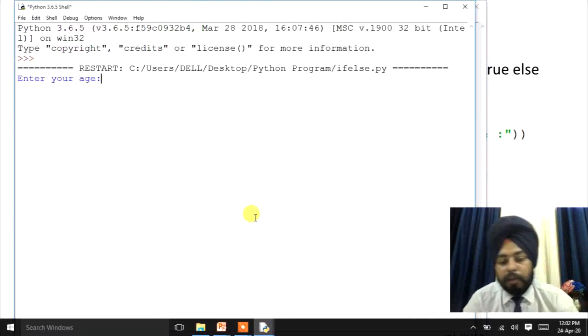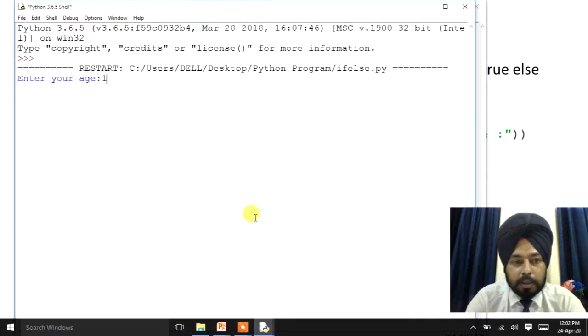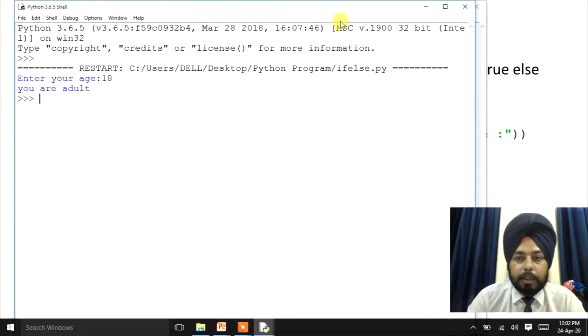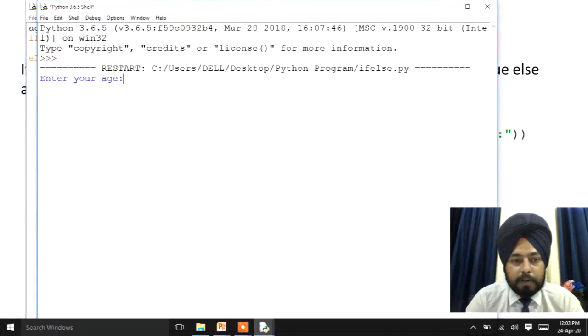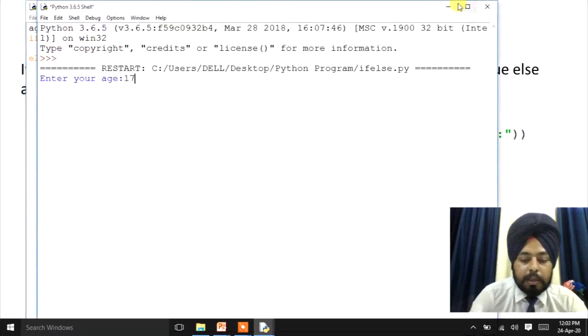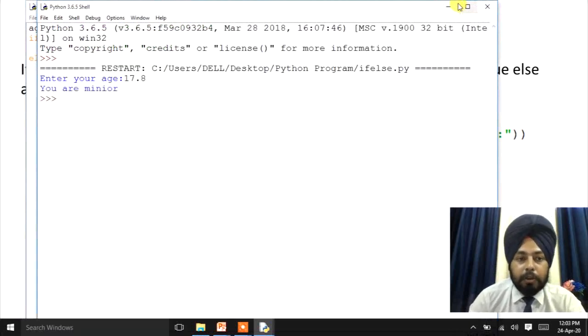Now we'll enter the age. I'll enter the age 18. Now it is showing you are adult. If again I run the program by pressing F5, suppose I enter here 17.8, that means you are below 18, then it will show you are minor, right?